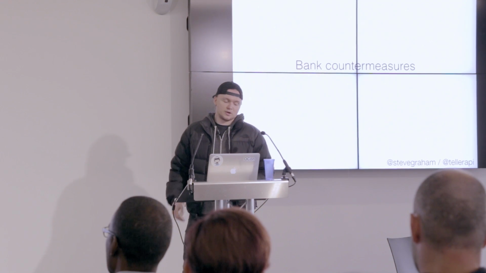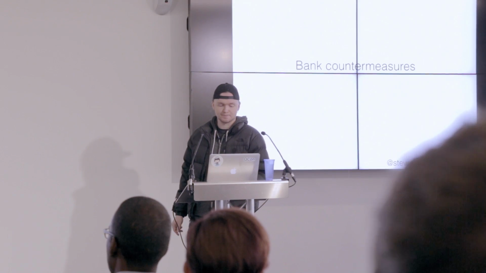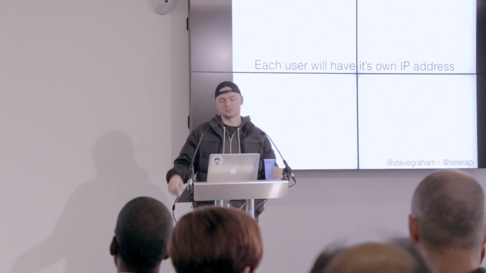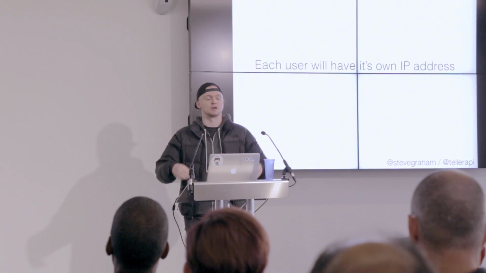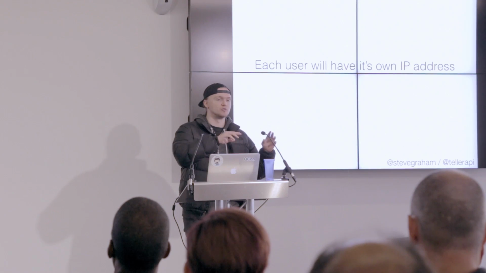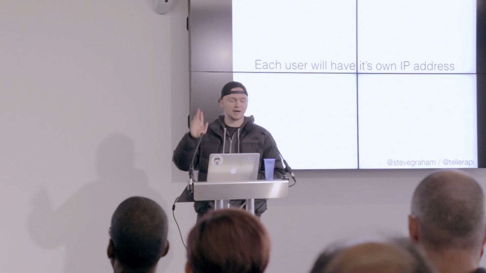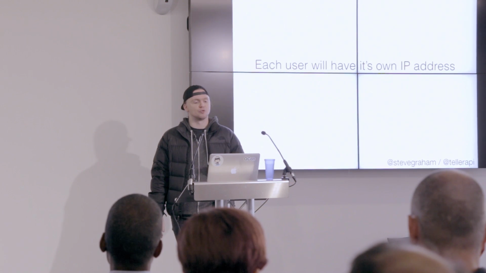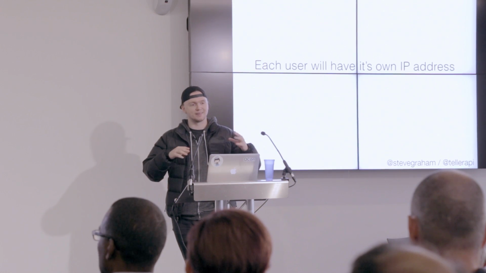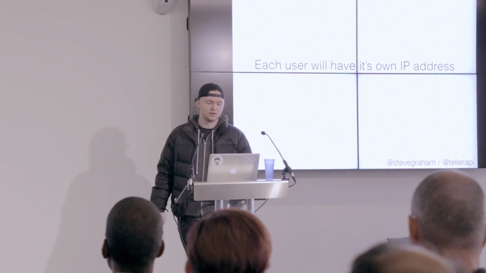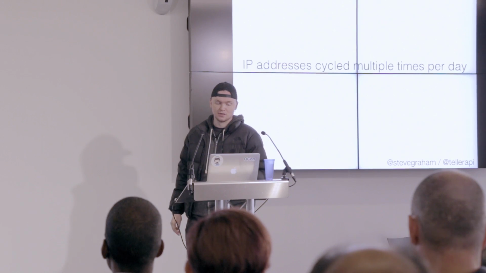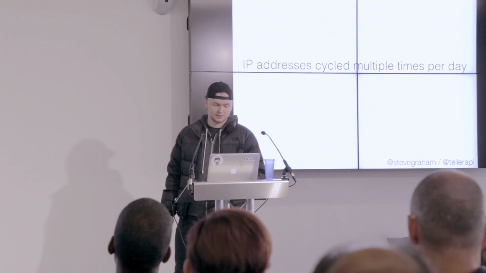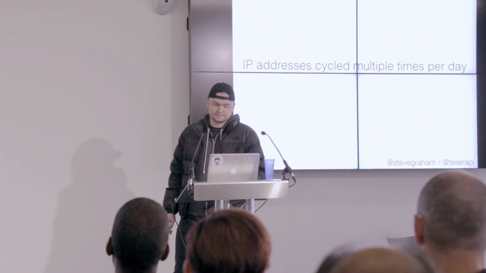So we're re-architecting our backend such that each user will have its own IP address. Basically, how Teller works, there's a backend service that talks to the banks, right? We'll call your registration with a particular bank an enrollment. Each enrollment will now have its own IP address, and we're also redesigning the system so the request pattern, the traffic pattern, is more like a human user. Also, we'll cycle the IP addresses multiple times a day, so you have no chance. Sorry, this is how it is.